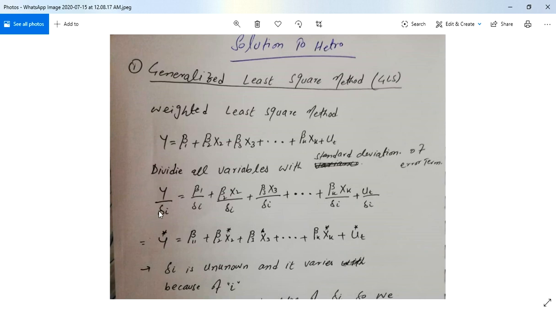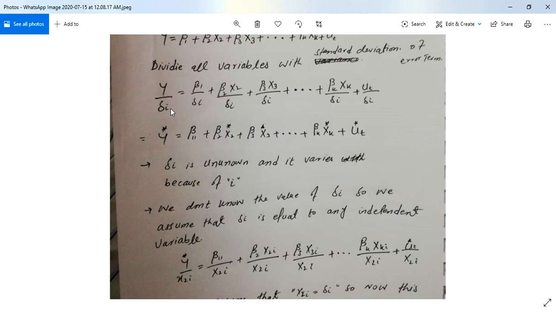Like this, with the standard deviation sigma i, I have divided all these variables by sigma i. Okay, and now we write this y over sigma i as y star, beta 1 over sigma i, beta 2 x2 over sigma i, we can write this as beta 2 x2 star, and we write this as beta 3 x3 star.